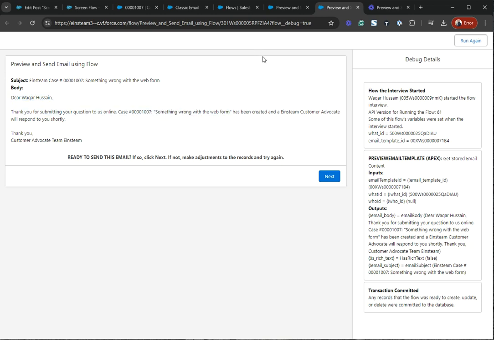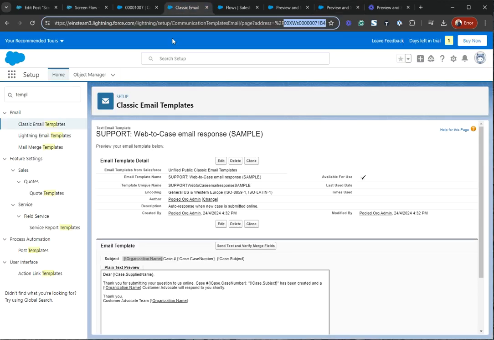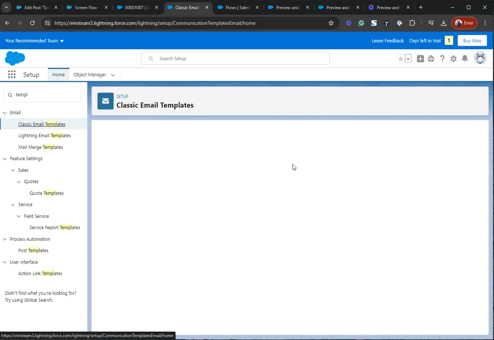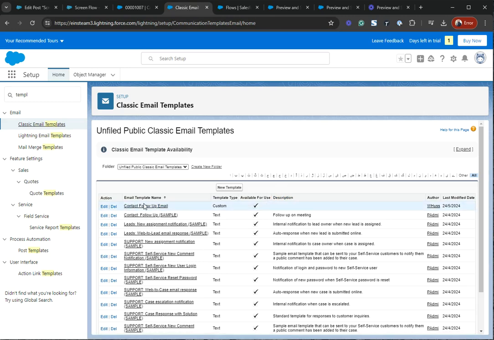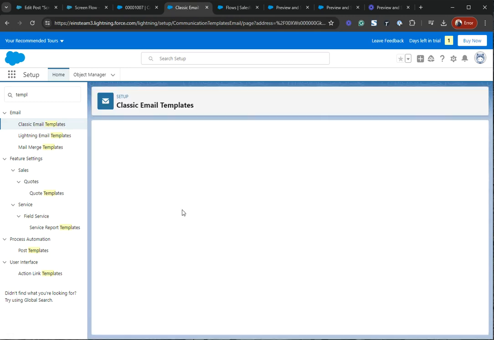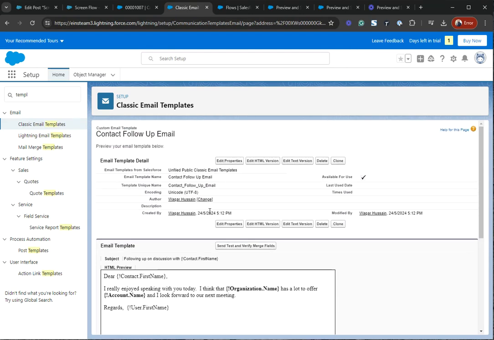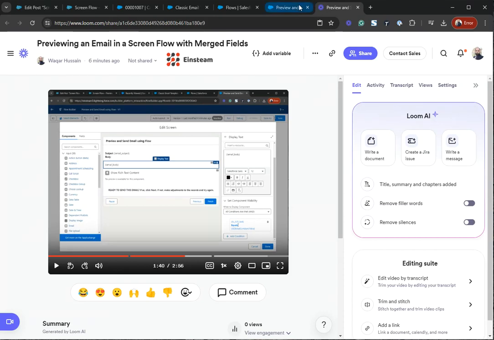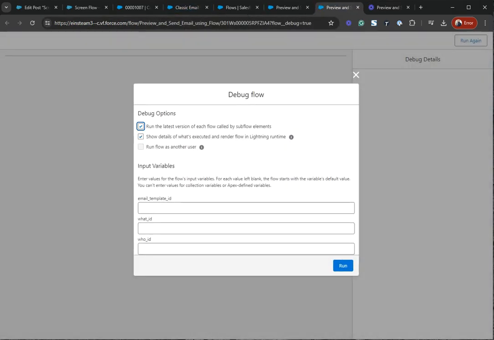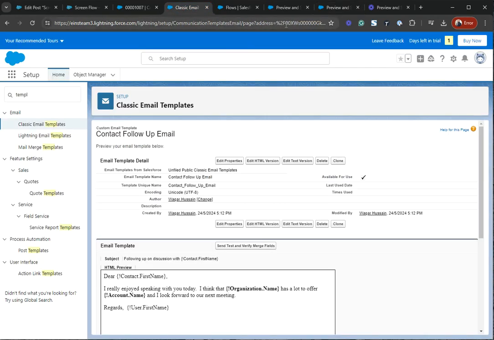And now I'm going to test it with an email that has HTML body. So here I have created a contact follow-up email, and it is using the contact merge fields in the email subject and the body. And if I close it and debug it again, and now this time I'm going to pass this email templates ID,